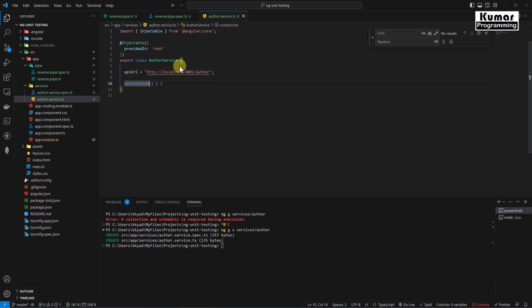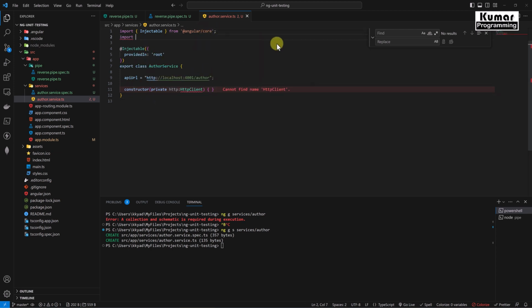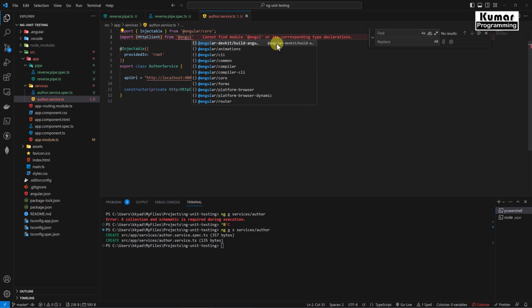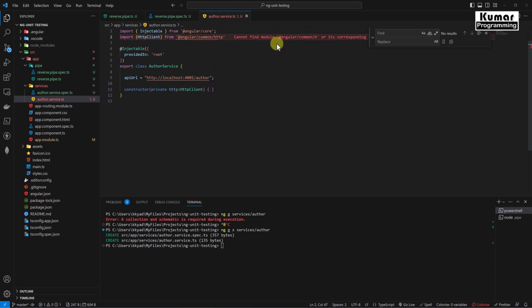And now in the constructor, I'm going to inject our HTTP client. So private http, that would be type of HttpClient. Okay. Now let's import this HttpClient. From import, we have HttpClient from @angular/common/http. Yep. Now we are going to create a method over here to fetch the data from our